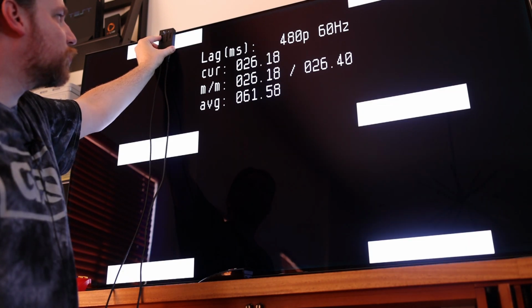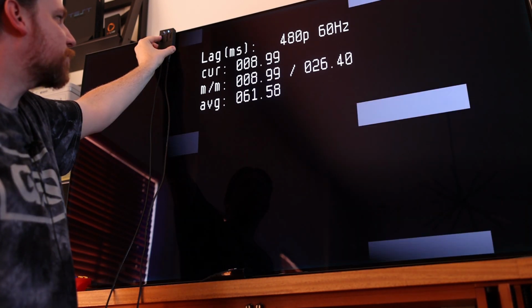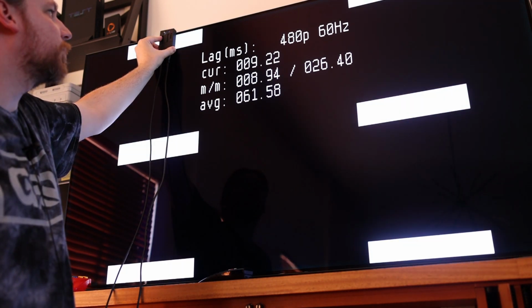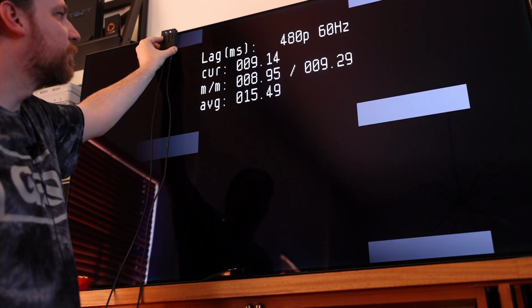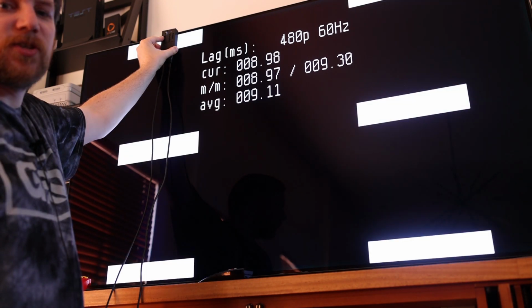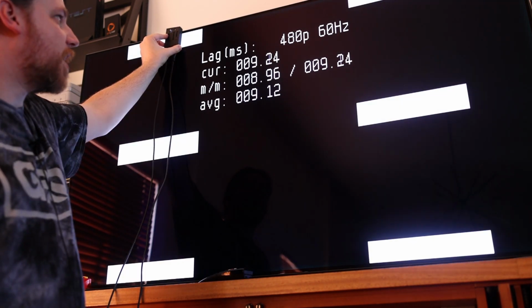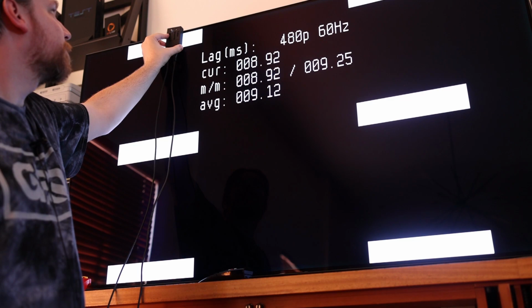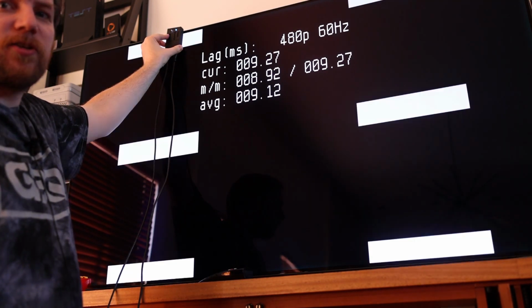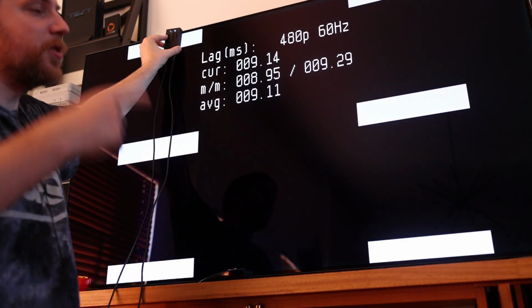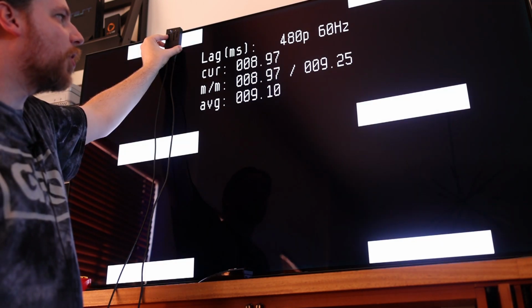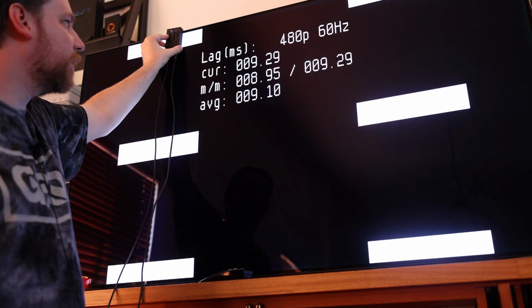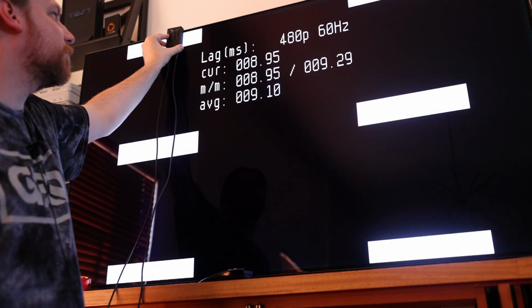It starts around 25, 26 milliseconds, and all of a sudden it drops down drastically to right around 9 milliseconds. So this is what's known as a low latency or game mode. Different TVs have different marketing terms for this. On my TV, I specifically set it to game mode. It will also put up a notice sometimes saying, I think, instant response mode. There's a few different marketing terms for it, and even within itself, it can't keep it consistent, whatever, it doesn't